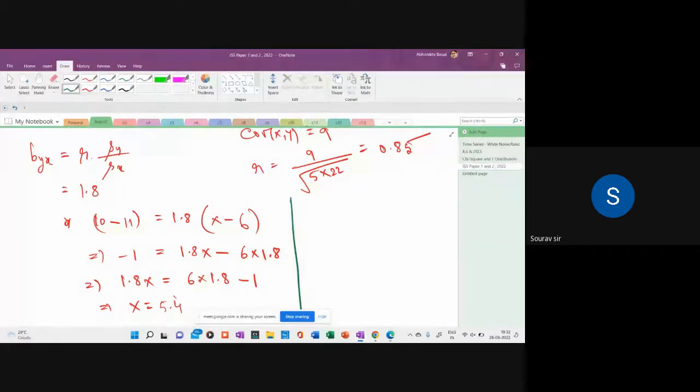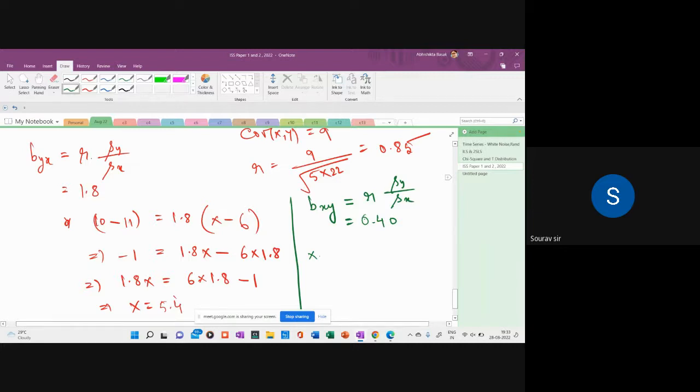We can find out bxy, r into sy by sx. That is going to give me, let me check with bxy. Bxy is going to give me 0.85 into square root of 5 divided by square root of 22. That is going to give me 0.40. Then the equation will be x minus